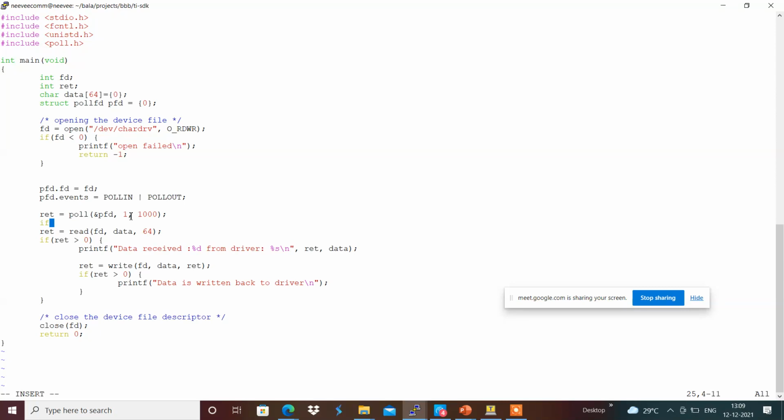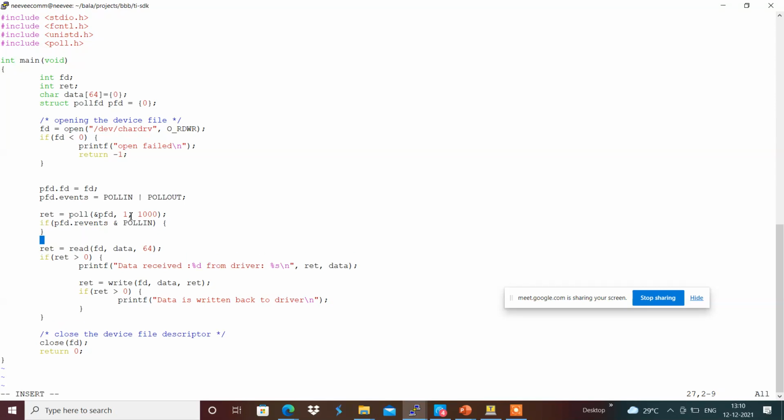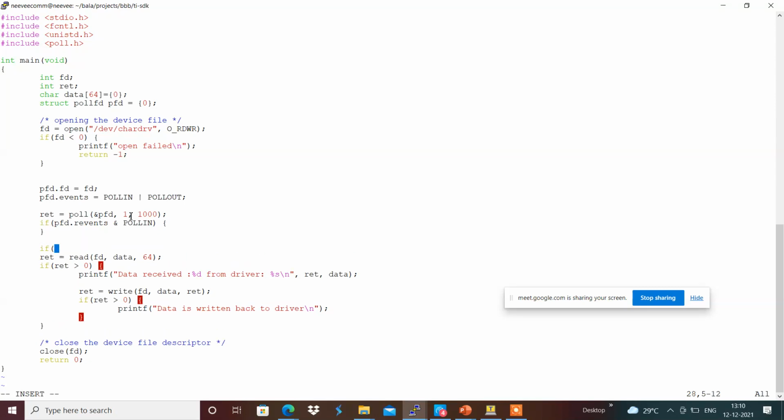If this revents with POLLIN has been set, then we have the data to read, and if we have pfd.revents and POLLOUT, then we can write the data into the driver accordingly over here. And I'm going to comment this for now,